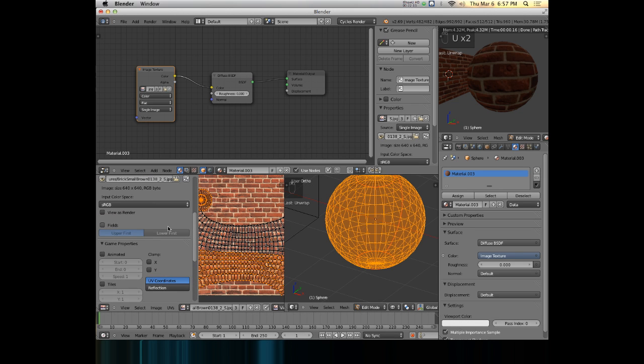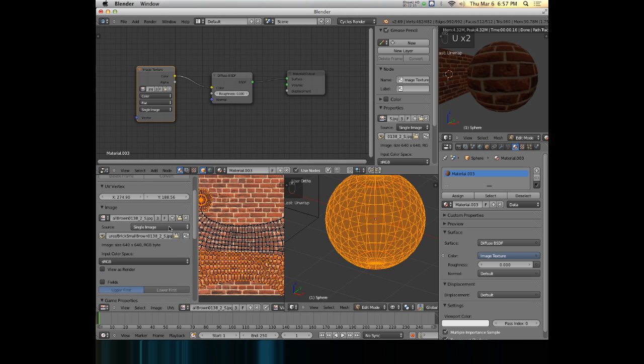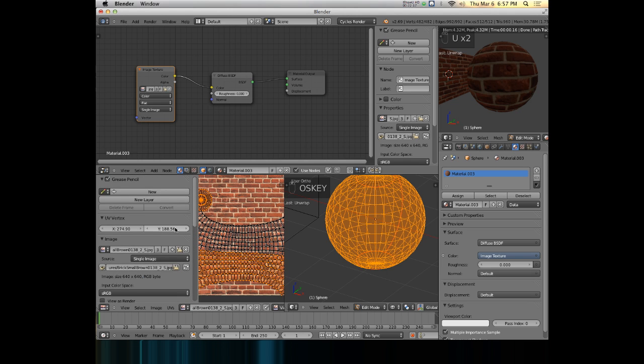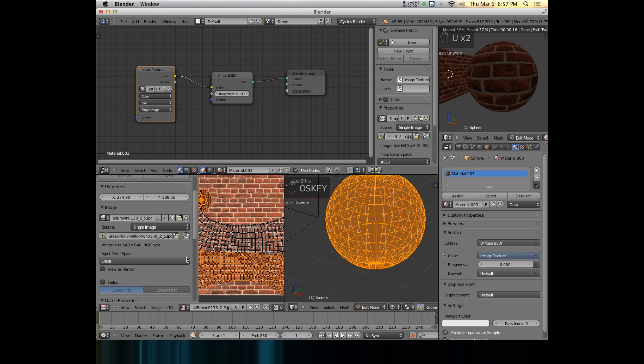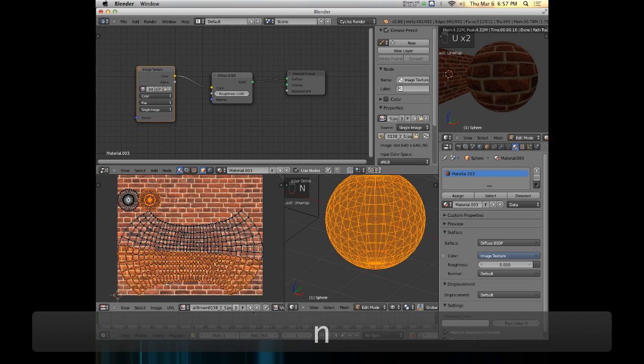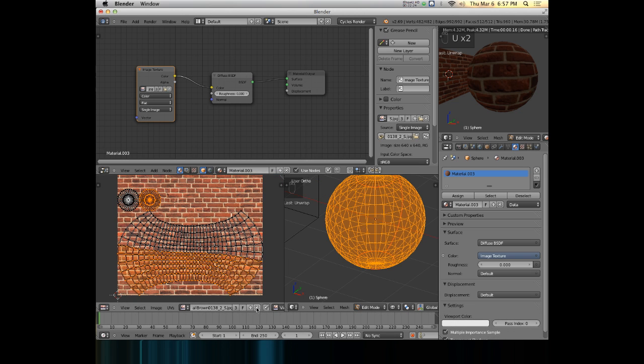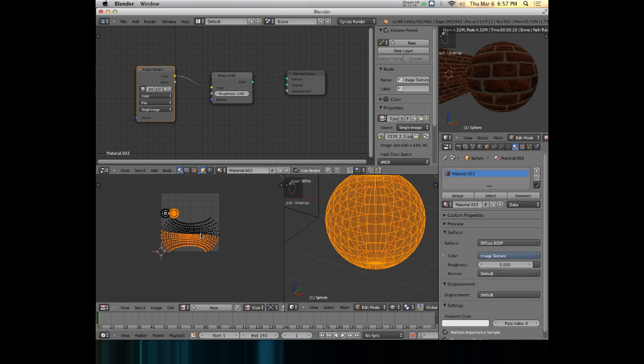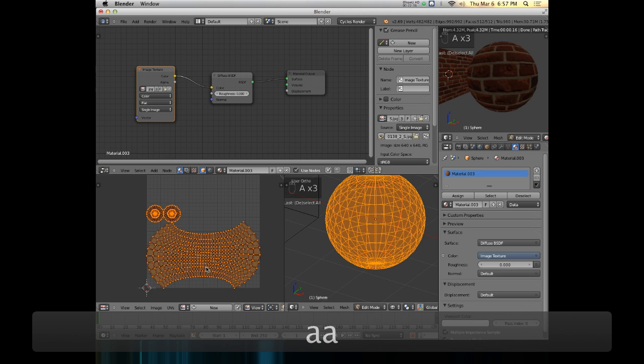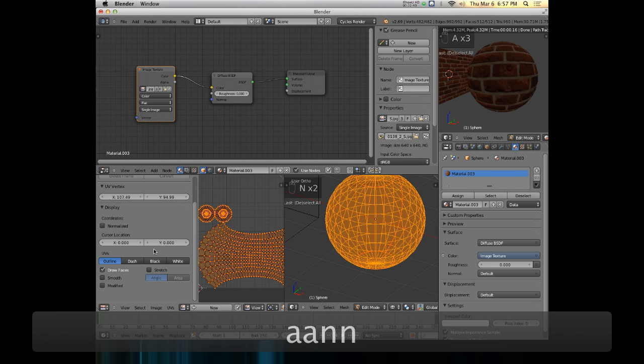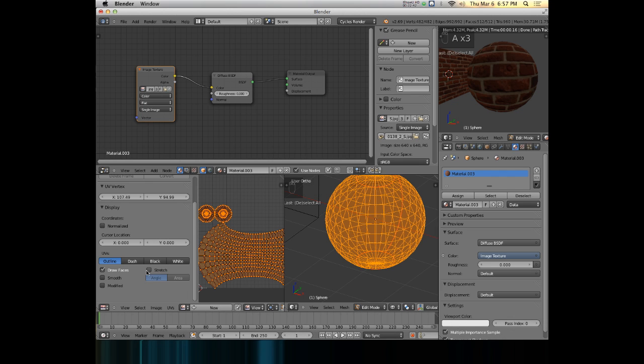Okay, I'm going to hit X in the UV image editor and clear out my brick texture for a second. Well, okay, I'll clear it out, and then if I select everything and hit N, I can check this stretch